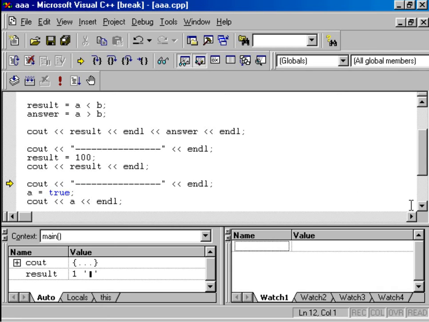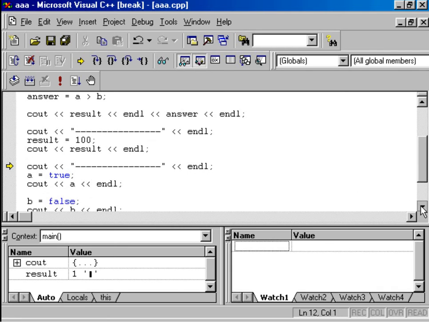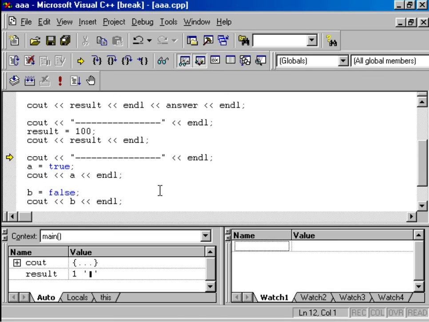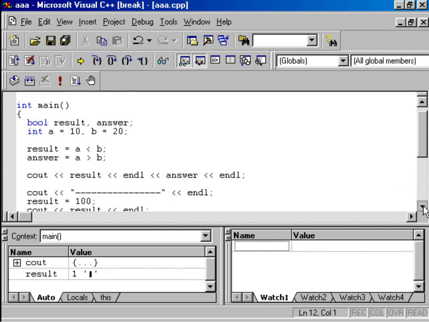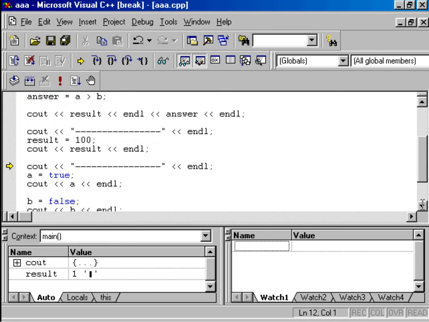Well, second experiment. I am assigning a value true to variable A. What is variable A? It is an integer type of variable. What I assign? A value true.